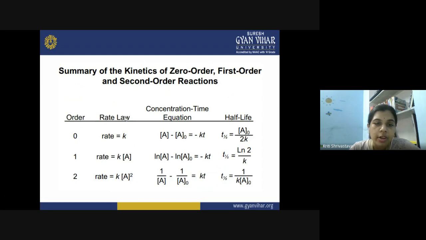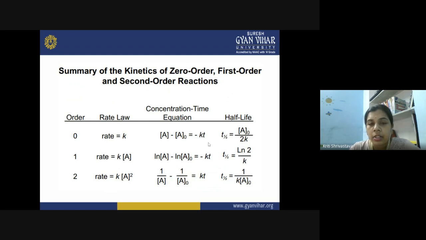And the corresponding rate law we have discussed when relating the concentration term. For the zero order reaction, the concentration term is not included in the rate law. For the first order reaction, the exponent is 1 on the concentration term. And for the second order reaction, the exponent is 2 on the concentration term. Now, from this rate law, we get the differential rate law, and then finally we get the integrated rate law.